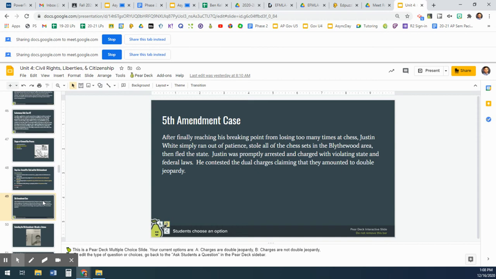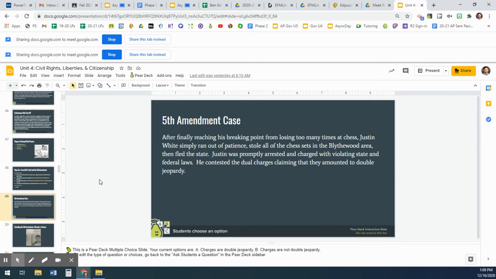And the simple answer is no, it is not double jeopardy. It does not violate his Fifth Amendment right. Double jeopardy applies to the same exact crime in the same exact court. If this was two charges, both in federal court for the same exact crime, yes, it would be. But notice this scenario talks about the same crime, but it violates both a state and federal law. So you can be tried in federal and state court, even if it's the same crime. And it does not violate the Fifth Amendment.